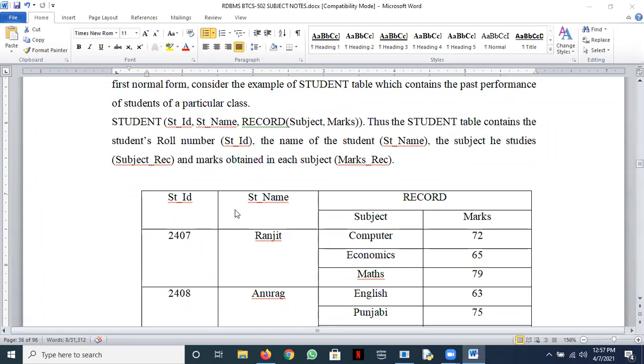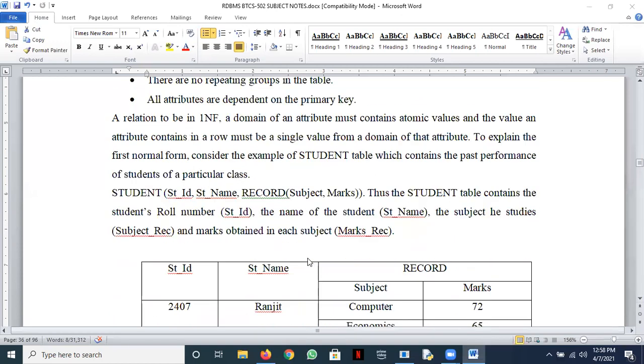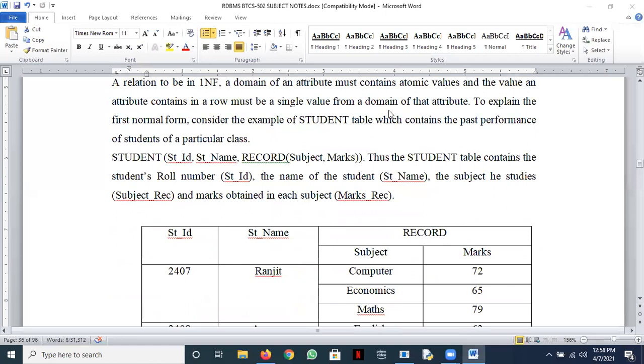First normal form, of course, means a primary key should be there, all attributes should be dependent on the primary key, and there are no repeating groups in the table, which means that every row column intersection has unique values, not multiple values. So can you suggest how to bring it into 1NF? I'm expecting an answer from you on this.